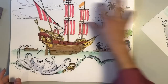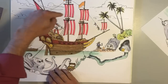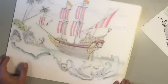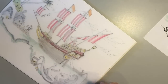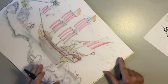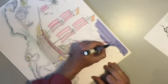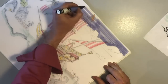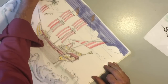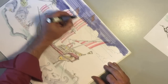Now the sky. I don't have a color that is the right color for the sky, and it'd be really hard to draw between everything to put some blue underneath everything. But as I was experimenting, I saw that one thing I could do was to just use some of this pretty bright blue behind the paper and let it show through. And so that's one way that you can kind of sort of make up for what you don't have. And I can even draw over the sails in some areas, because it's not going to turn out to be very opaque. So I'm just kind of catching this, but I do want to leave the clouds